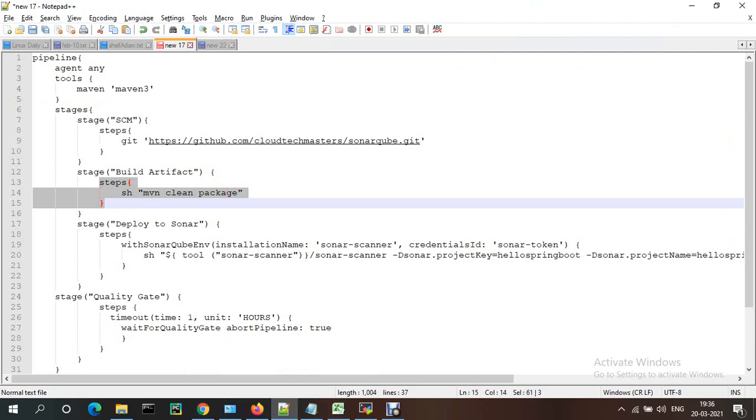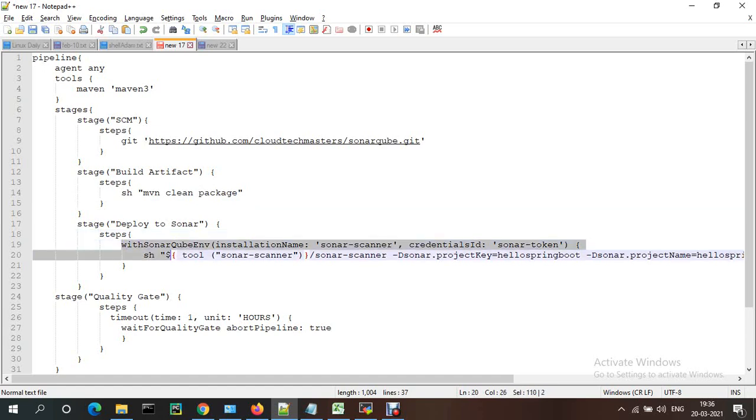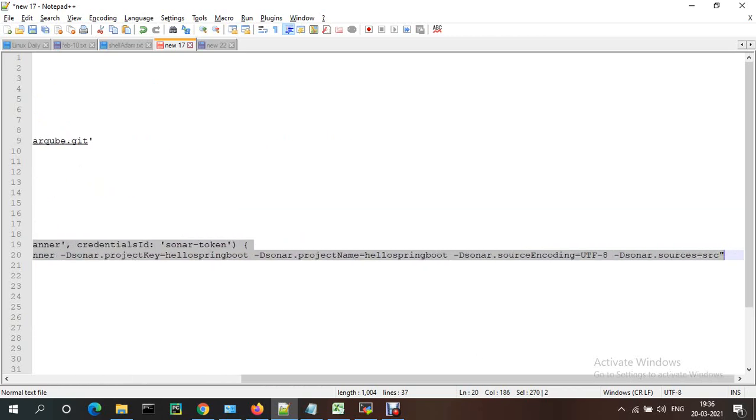Okay, now deploy to Sonar. To deploy to Sonar, we have steps, and we just need to change this. The SonarQube installation name and everything.